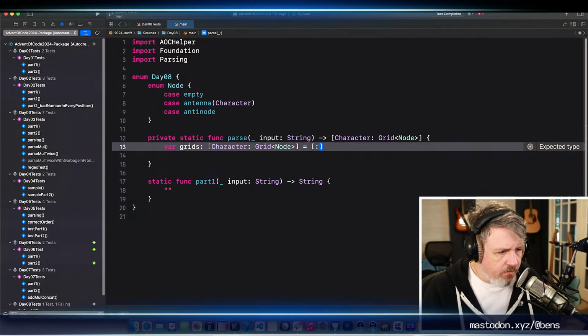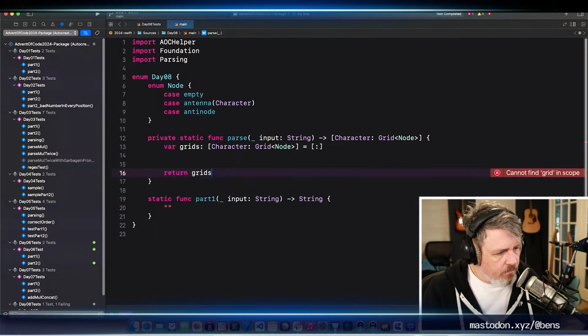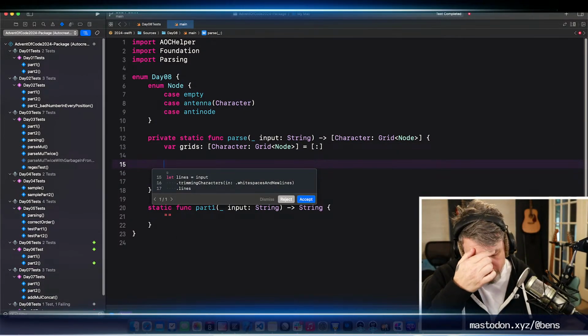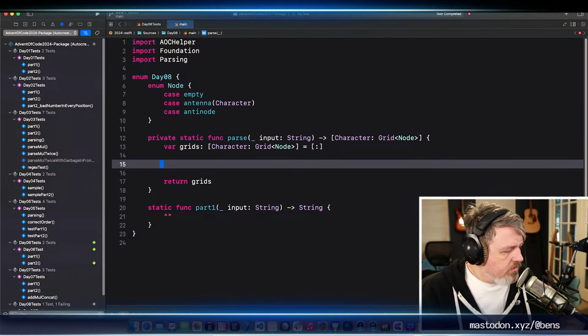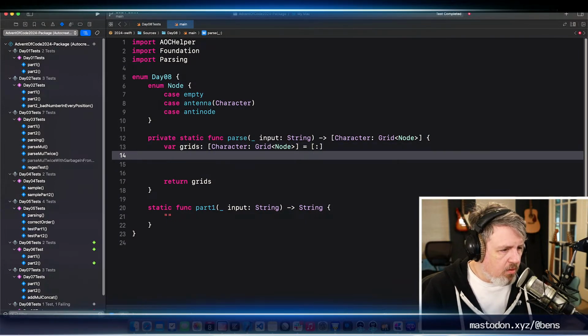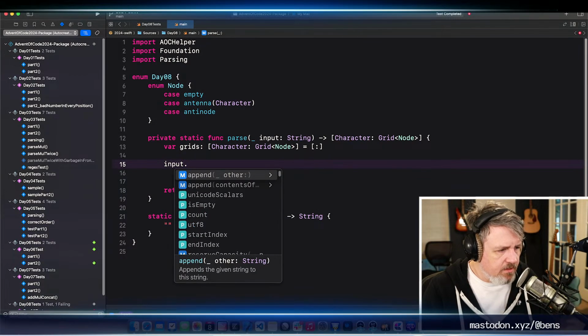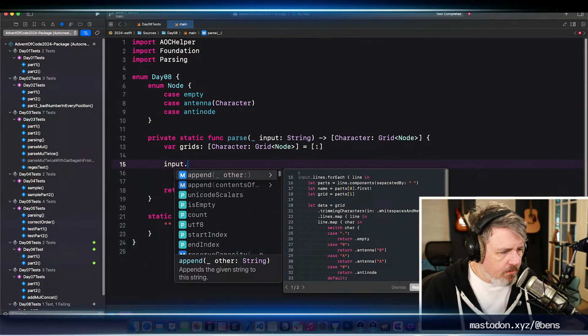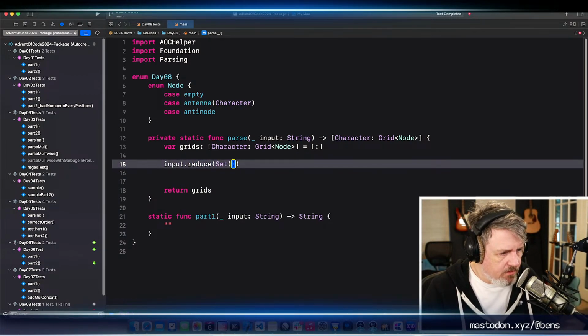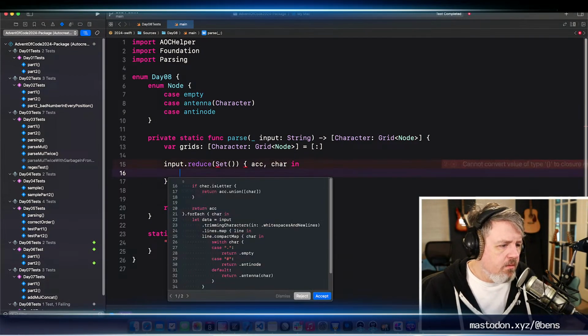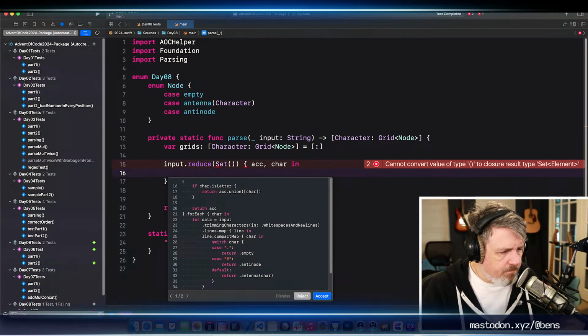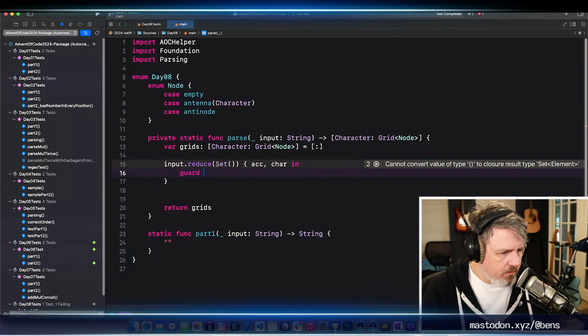What I'm wondering here is, I already have a way to parse grids, but I think that as soon as I reach... I could probably just start off by saying input dot, let's reduce the input into a set, and that gives me all the characters, and then guard that the char is not equal to a dot, which was the empty space, else return.